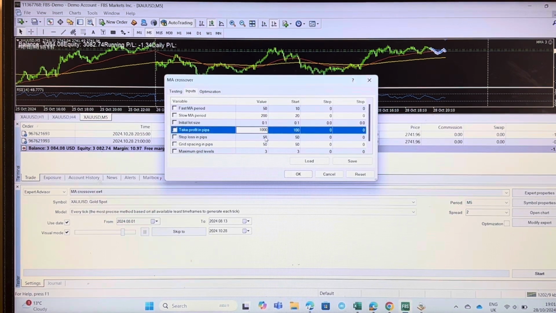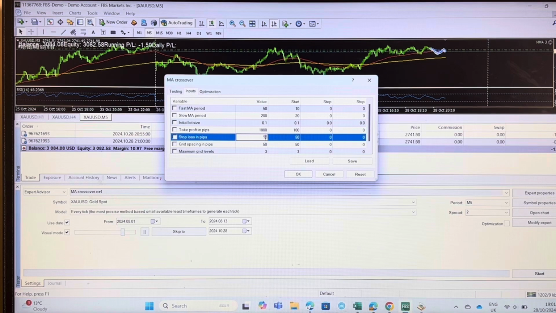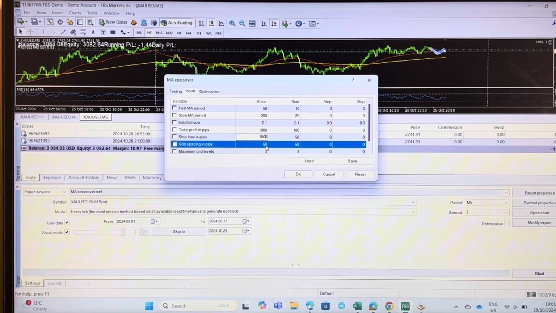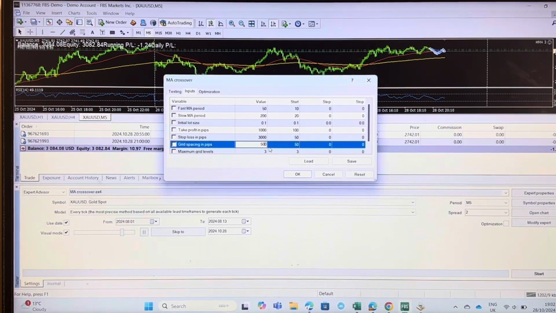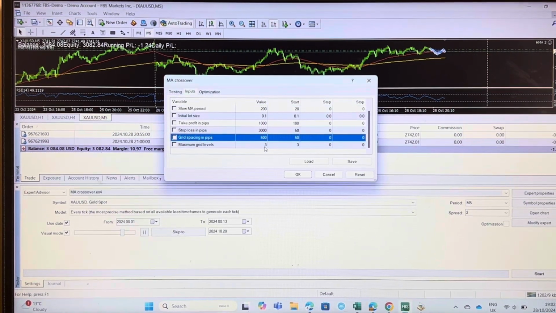And let's say a stop loss of, let's say 300, no, 3000. So this is like 300 pips, but we want to give it a gap of 500, which is every 50 pips take another trade. I don't know if that makes sense. You know, after 3 trades, stop. So let's say okay,